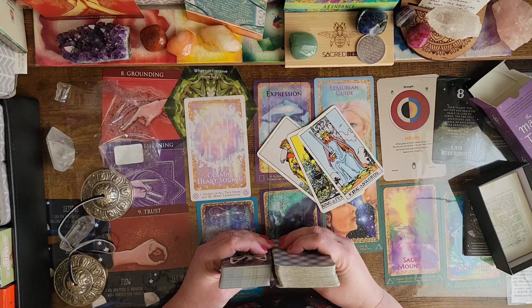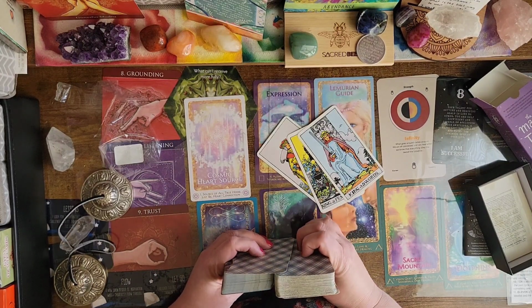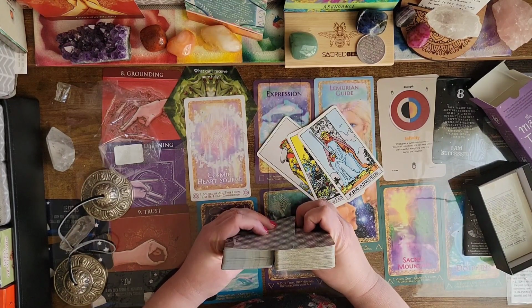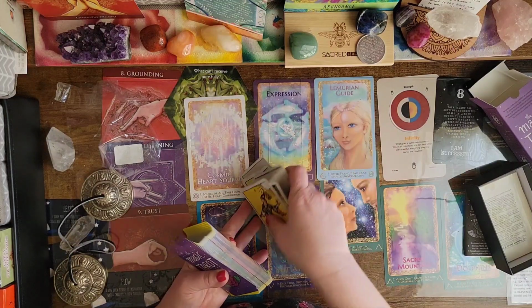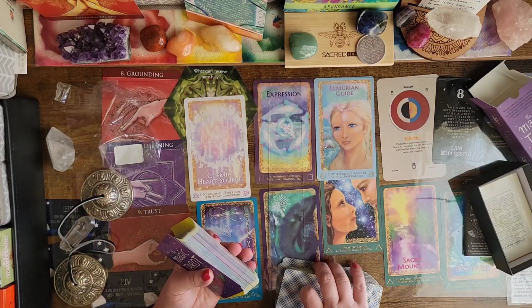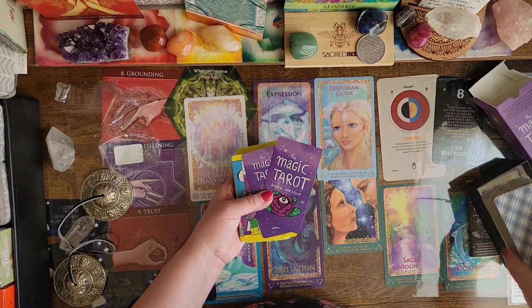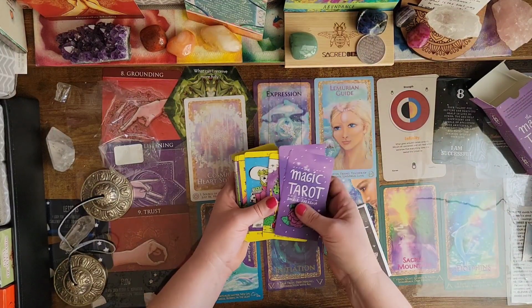So, 4. Let's say 4. I want to say 4 or 5 cards is what feels correct. But let's take a little look at this tiny book that it comes with, because hopefully it'll give us an idea of what tarot